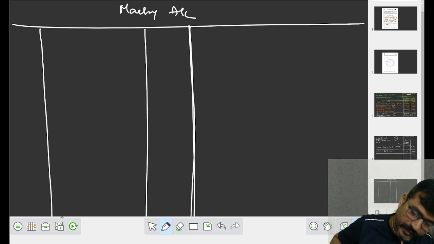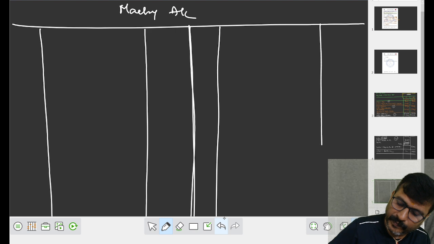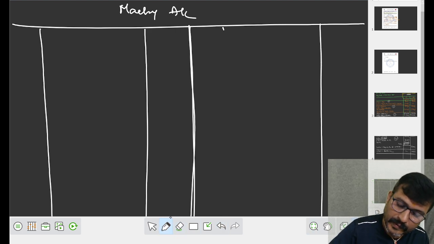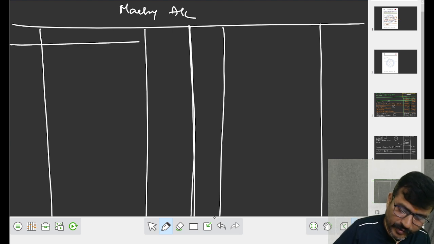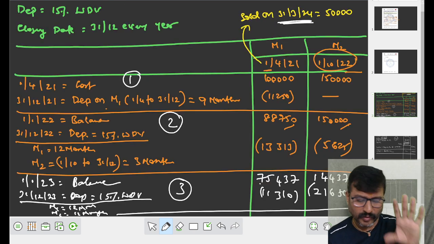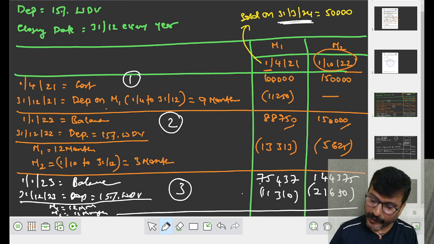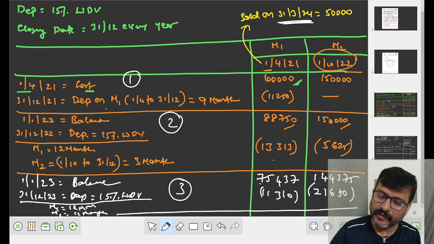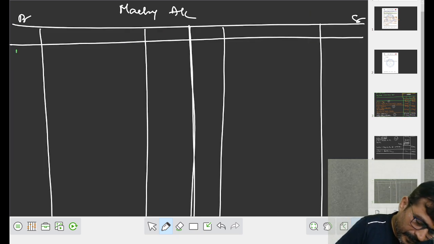Have concentration, my dear children, while preparing the provision for depreciation. Now, see carefully, solve through the working note. What happened here? On April 21, you purchased the first machine for 1 lakh. When? On April 21,